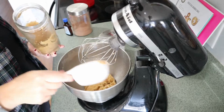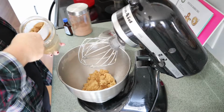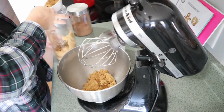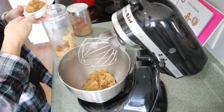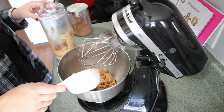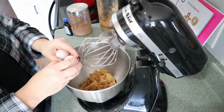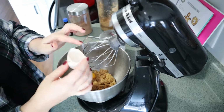So I had leftover chocolate chips from the chocolate chip cookies, and I melted those down with a stick of butter, and I'm just gonna set that aside for a minute so it can cool, because I didn't want it to start cooking the eggs in the actual cookie batter. Do you call it cookie batter? It was like batter because it was almost like a brownie. Maybe I was using a brownie recipe from my mind. I don't know. Anyways,